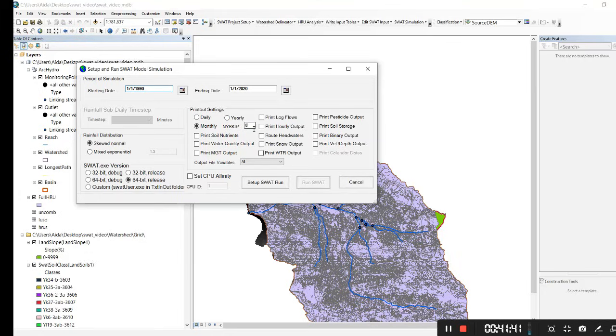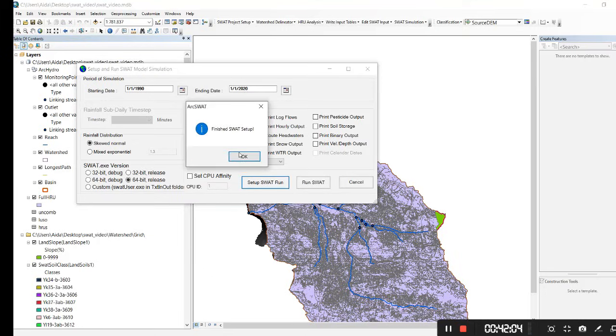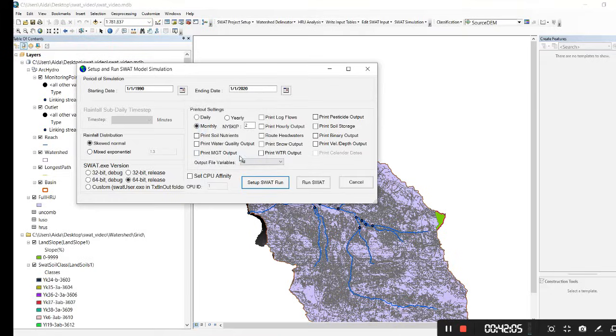In this warm-up period, your model runs and actually produces outputs, but it doesn't show you, and it just uses that output in order to warm up itself. I will choose 2 years as a warm-up, and then you choose setup SWAT run, finished setup,